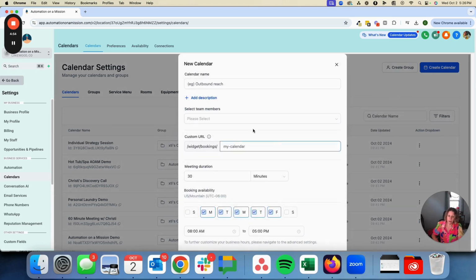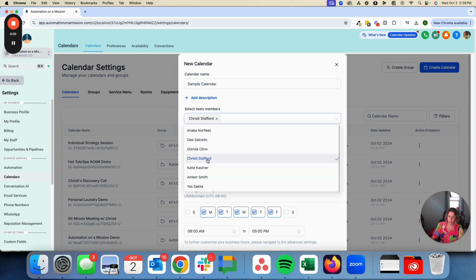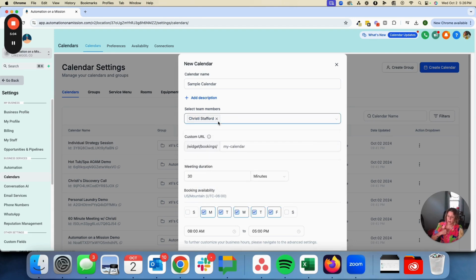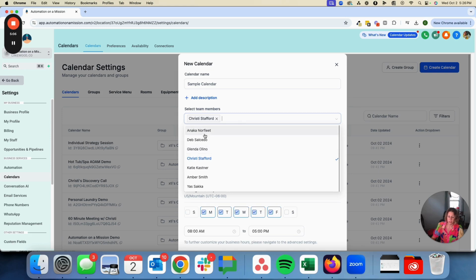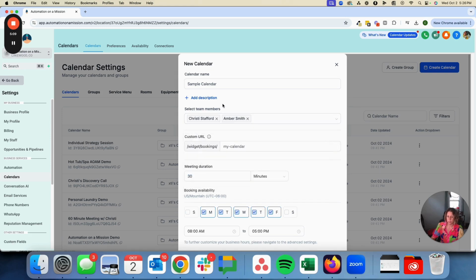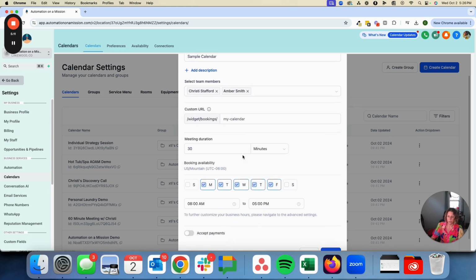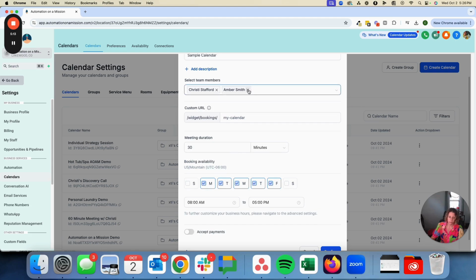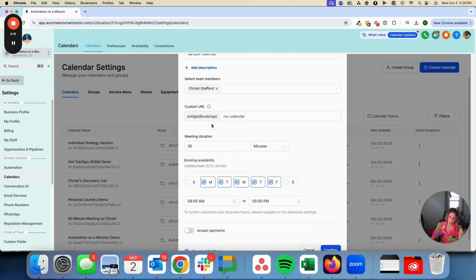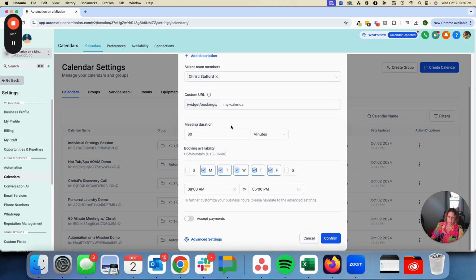But I'm going to click on that round robin, and I'm just going to call this my sample calendar, and I'm going to choose the team members that I want. What I'm saying is, whose calendar are we using? So if I want this to be something like that round robin where it's choosing mine and Amber's, I can choose both of our calendars. But for the sake of simplicity right now, I'm just going to choose my own. And then I'm going to say the meeting is 30 minutes, and I want the days and times to be Monday through Friday, 8 to 5. So now I'm going to click confirm,